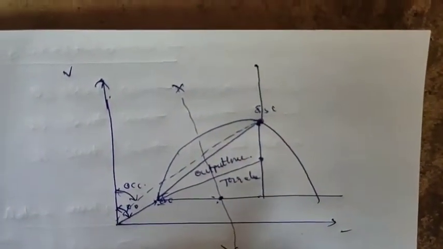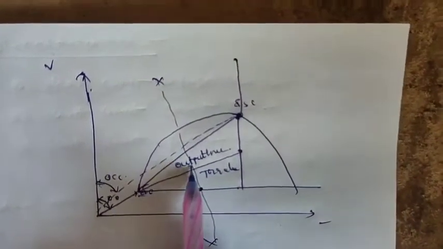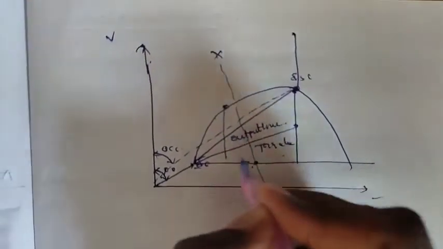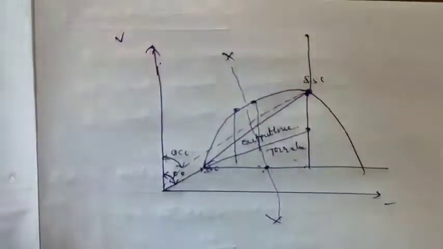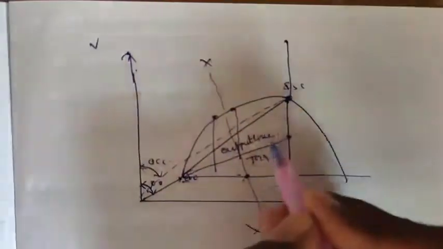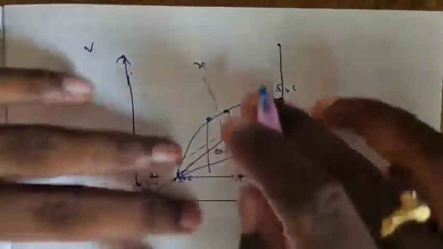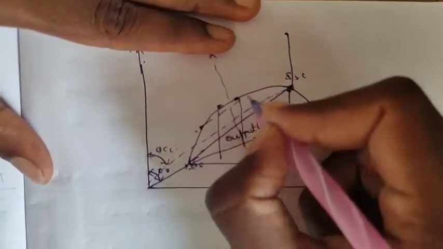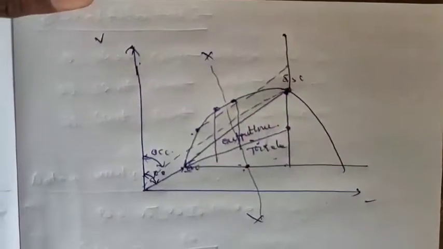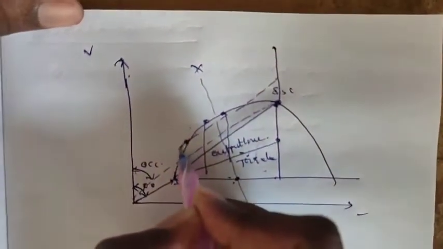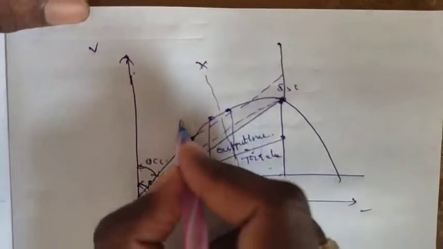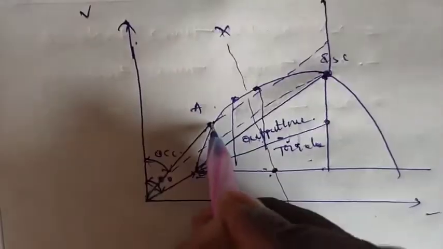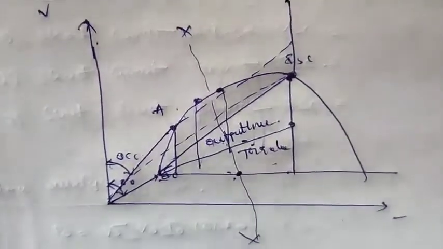After that, draw perpendicular lines from the output line to the torque line. So this is one point, this is another point. After that, draw one output line parallel to it by using set squares. After that, joining some points, draw one line that is parallel to. So this is what I am telling.